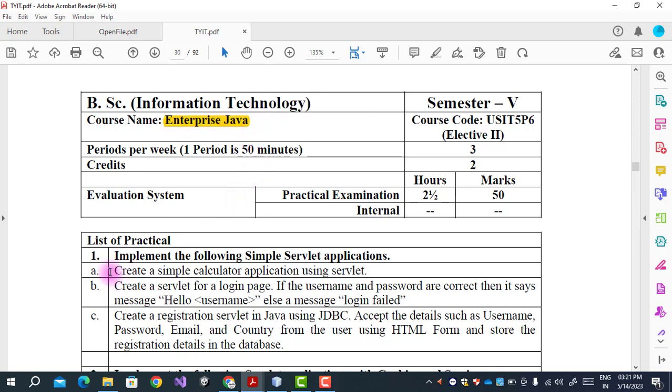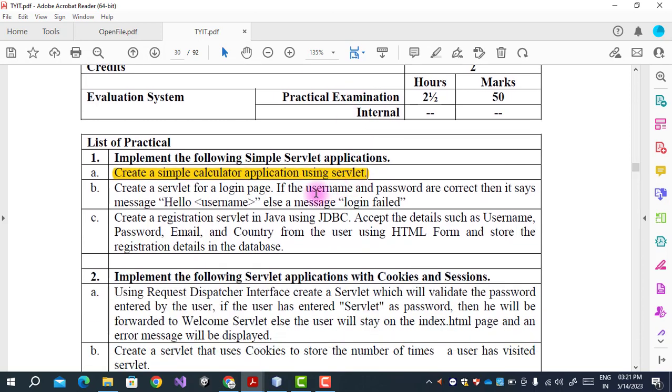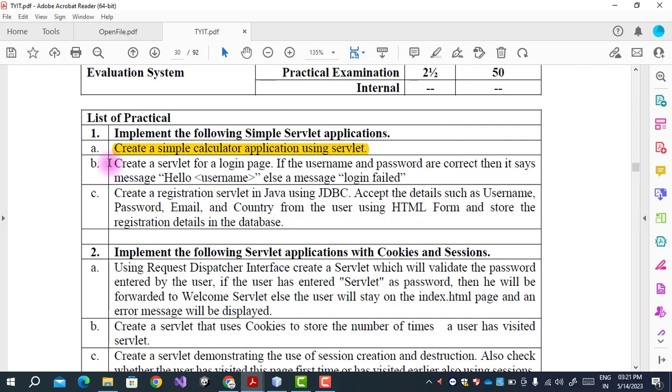In the last video, we already finished practical number 1A, which is your simple calculator application using servlets. Now in this video, we will see practical number 1B, which is basically a login application. So here we have a question: create a servlet for a login page.